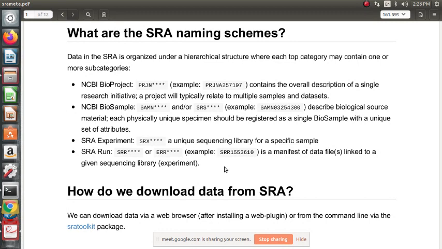NCBI BioSample, SAMN, describes biological source material that is physically unique. Specimens should be registered as a single BioSample with a unique set of attributes. SRA Experiment, SRX, is a unique sequencing library for a specific sample. SRA Run is a manifest of data linked to a given sequencing library.